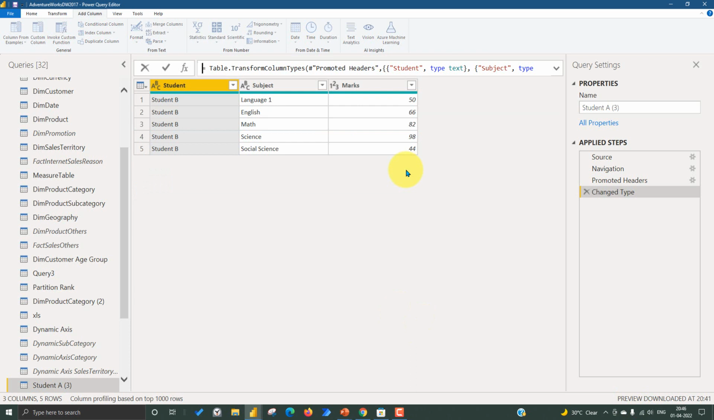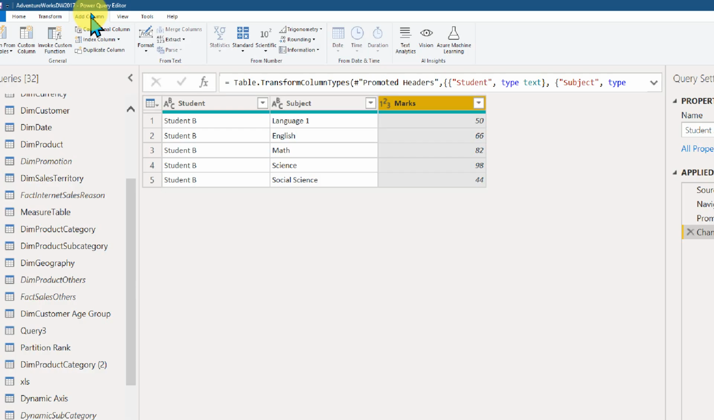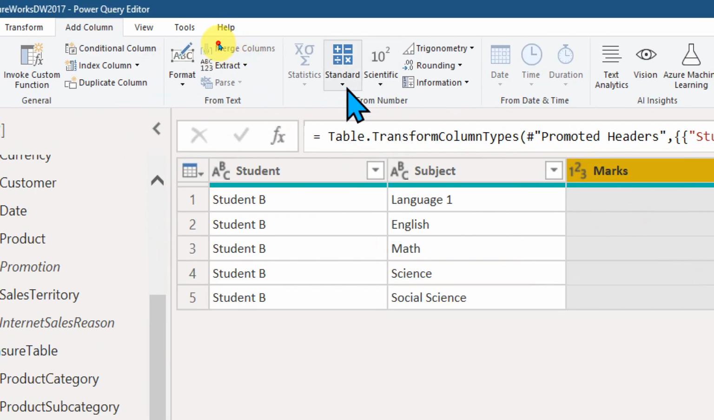So I'm in Power Query here and I just imported an Excel file which contains the student information: the student name, the subject, and the marks of the student. Now if you want to calculate the percentage of this student, how much mark they have achieved, then you can just go to Add Column on the top here, and the Standard one, if you click here and